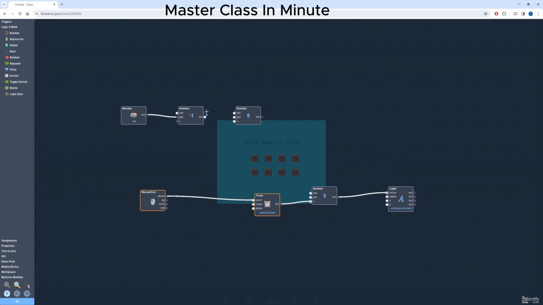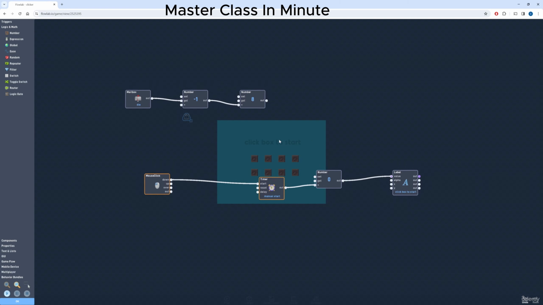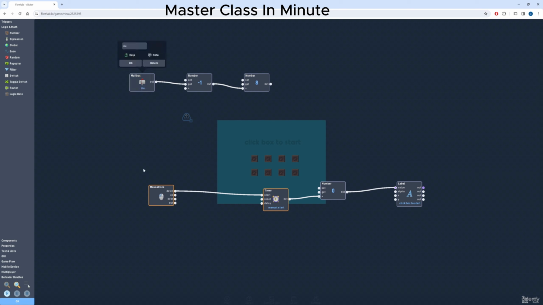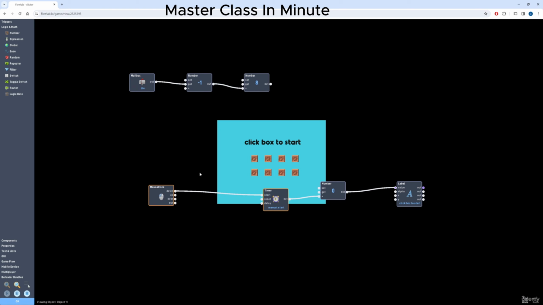And then out gets to plus, okay? So it's -1 to this number here, and then that's going to output. And I can show you how that works. So if I just move this up here, and now if I click on play, you should see 8 disappear, or go down. So 7, 6, 5. There you go. So we've got a way for it to go down to 0, but there's no way for